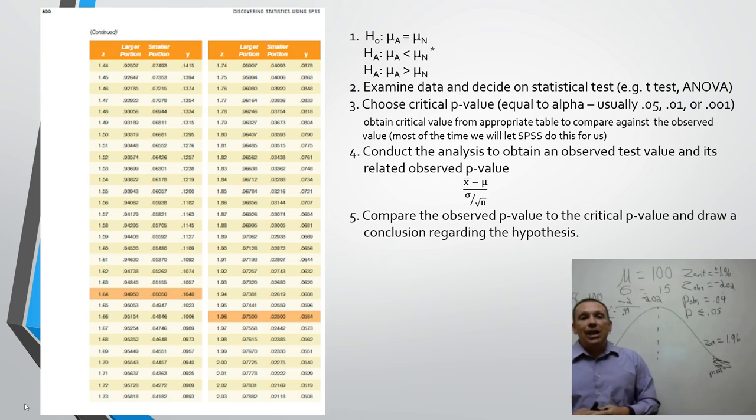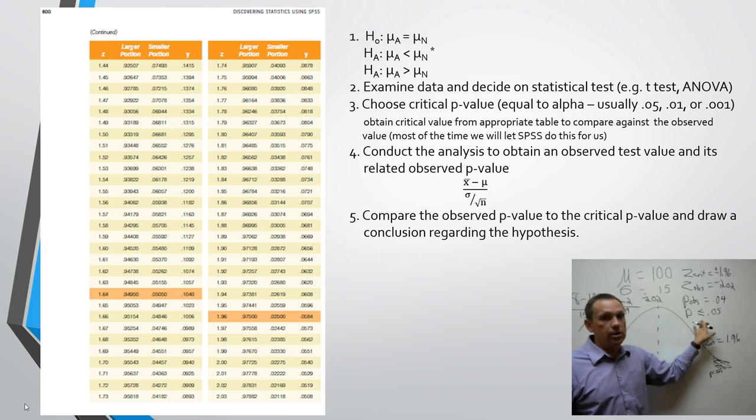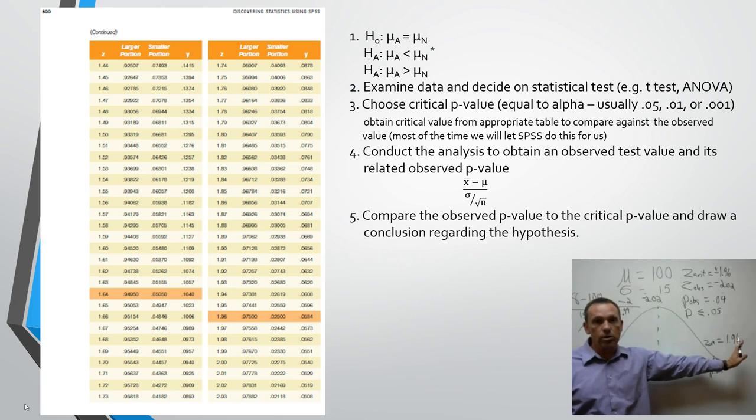Because that isn't likely to happen regularly, it only is likely to happen 4% of the time. 4% of the time I'm going to get a negative 2.02 or more weird. Because of that, I'm going to conclude, well, this is a low probability of that particular score, so we're going to call it statistically significant and say, this difference in IQ really is due to some characteristics of long-term alcohol